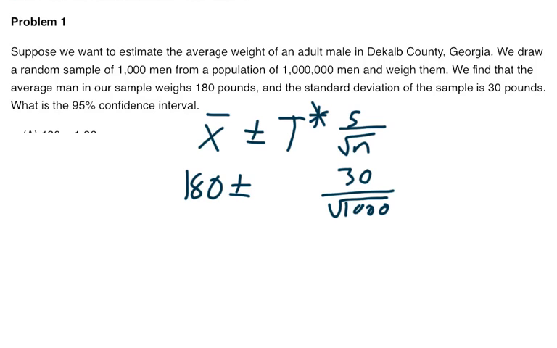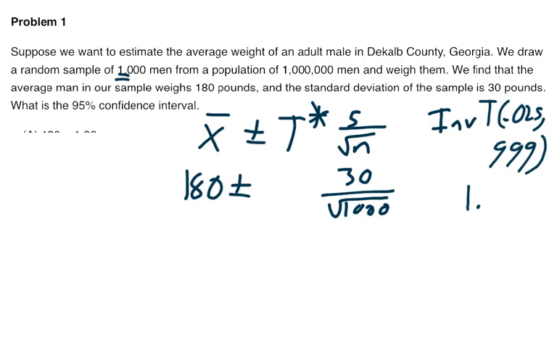Now when I do this, I'm going to do inverse T of 0.025 with 999 degrees of freedom because we have 1,000 men that we sampled, which actually gives me 1.962,